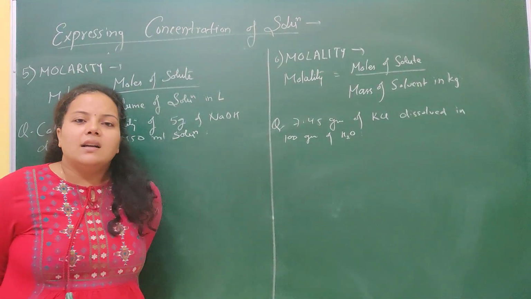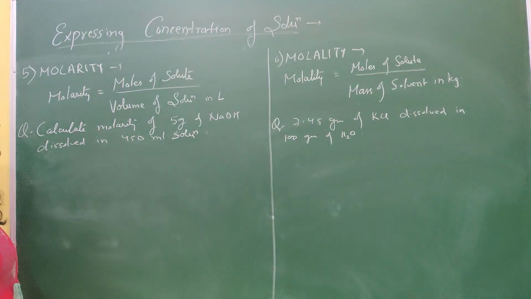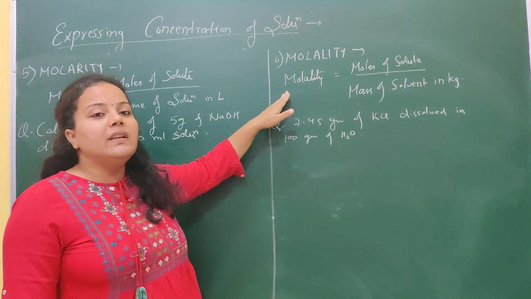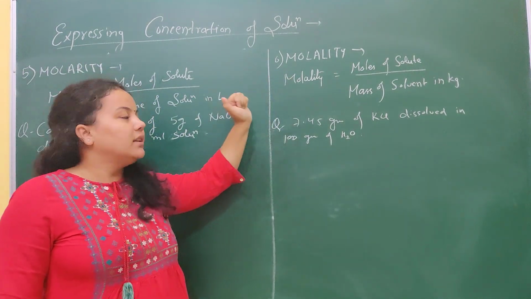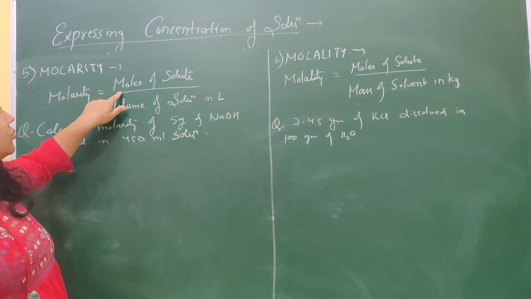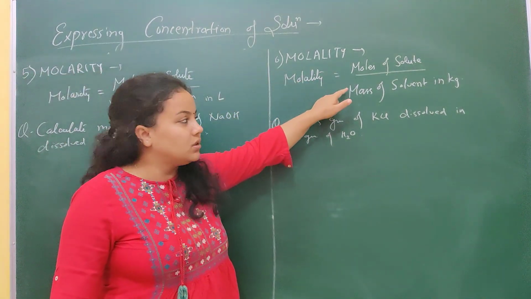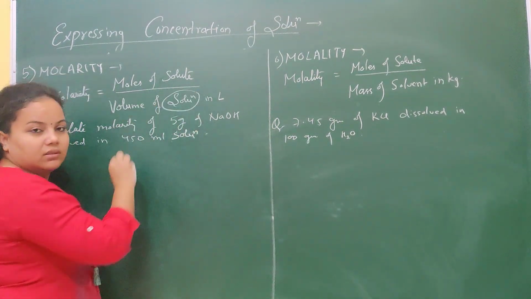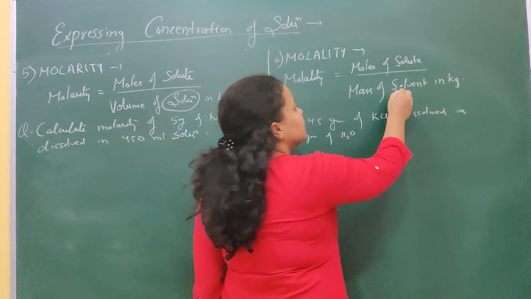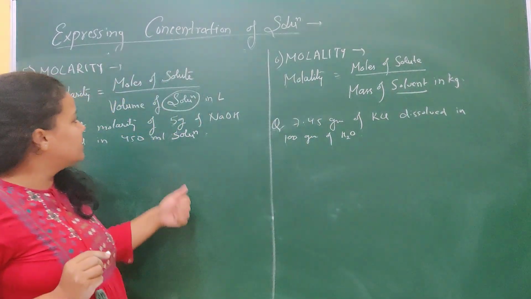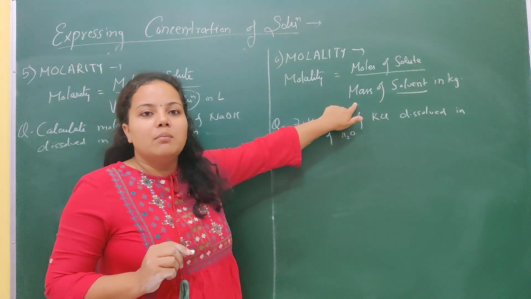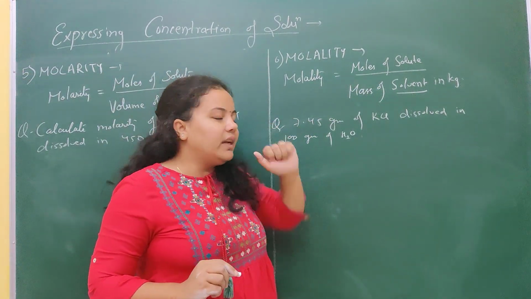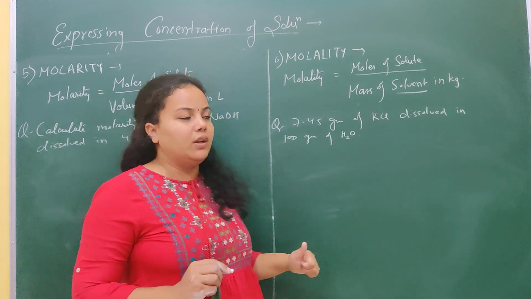So now the last definitions which we need to see are molarity and molality. So usually we get confused, that's why I'm taking them together. So molarity is moles of solute, here also it's moles of solute, but here it is volume of solution, but here it's mass of solvent. So one difference is that this is volume, here it is mass, and the second is that this is solution and here this is solvent. So when you read the question, read it very carefully, right?